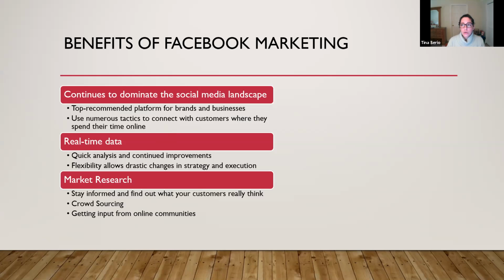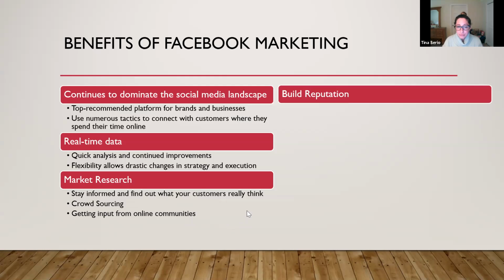So if you wanted to, say, create a blog post about a particular topic, I have a client right now that is in the nonprofit sector, and they're going to be writing a blog post about how nonprofits can interact with their donors, with their constituents during either a recession or during a crisis. One place that they could do that would be social media and use crowdsourcing to try to get information about what people are saying. Getting input from online communities. So thinking about like Facebook groups, for example.